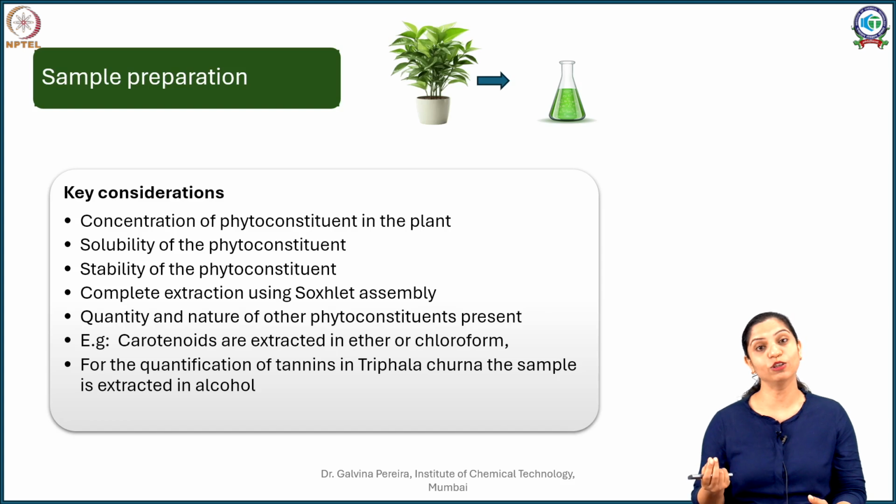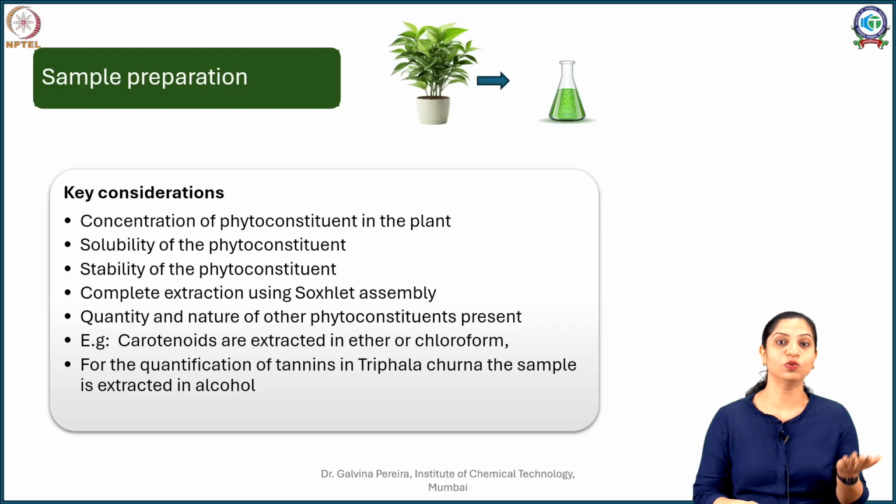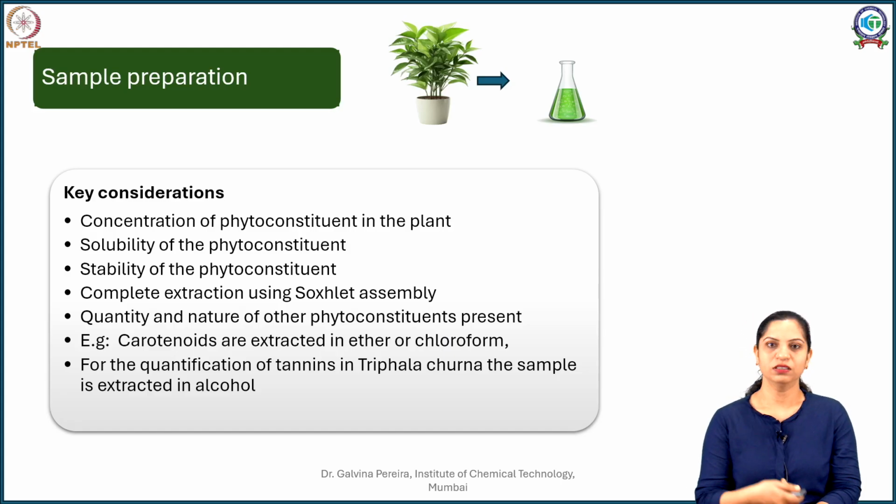Certain compounds like anthocyanins, you cannot heat them. For other processes, you might involve heat to get a better extraction, as heating increases solubility. But there are certain compounds like anthocyanins, if you heat them, they will brown or turn dull and deteriorate. In that case, you will have to do a cold extraction. So you have to see the physical as well as the chemical properties of the compound that you are analyzing. Now, different methods are involved, such as maceration or percolation, but a very good method to extract the substance or a formulation completely is what is called the Soxhlet method.